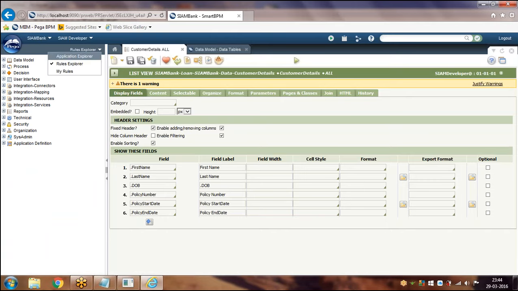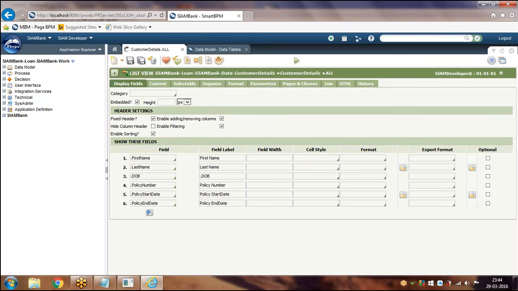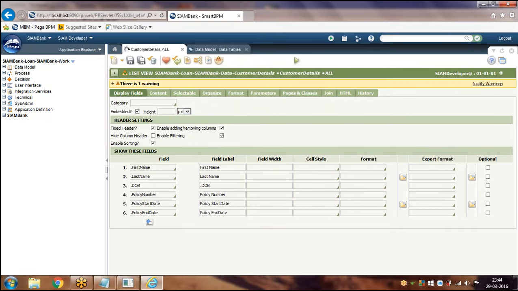Let me show you in the UI also. If you are going to embed this in the UI, you have to check this checkbox, embedded. Then only you can show it in the UI. Just click on save. I'm just going to some section.